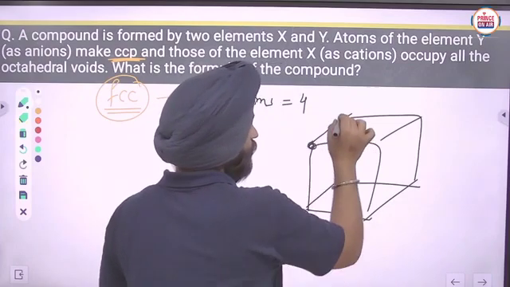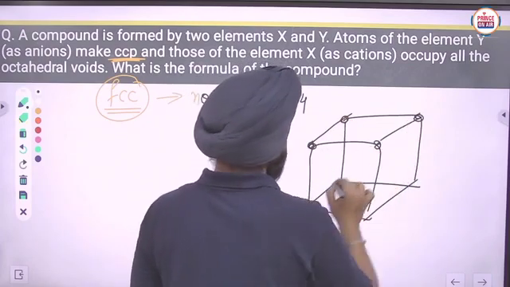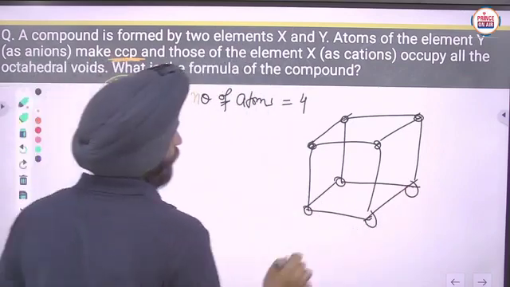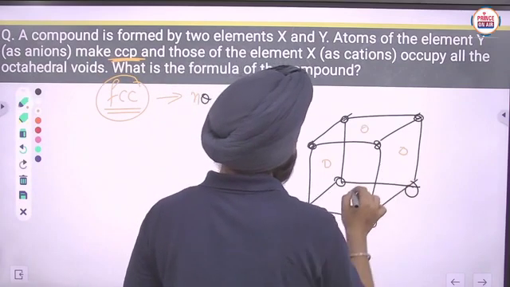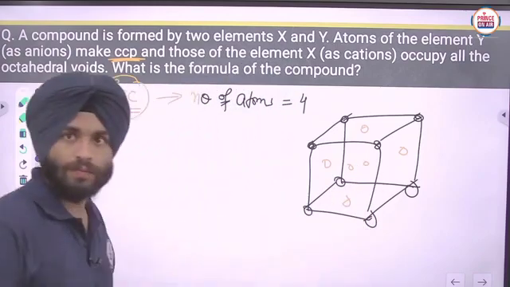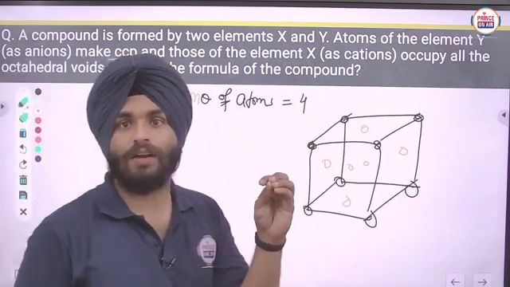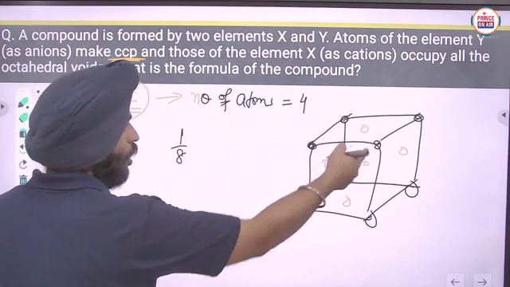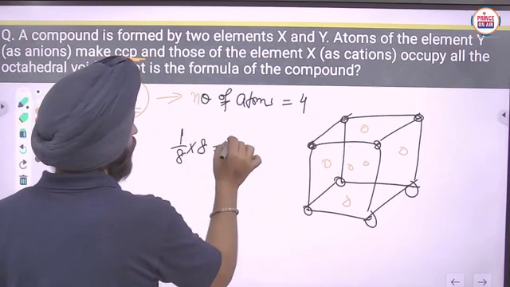Particles are at corners and also at the face centers. Clear? Those particles which are at corners have contribution 1/8, and there are 8 of them, that will become 1.